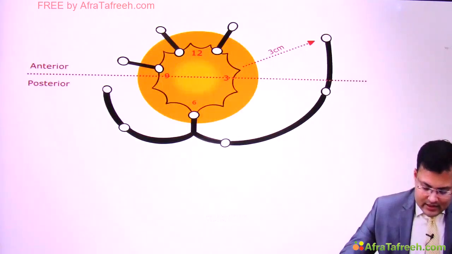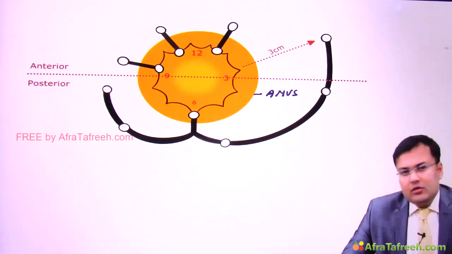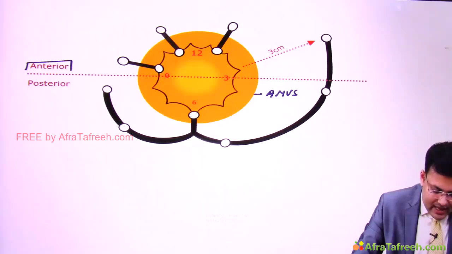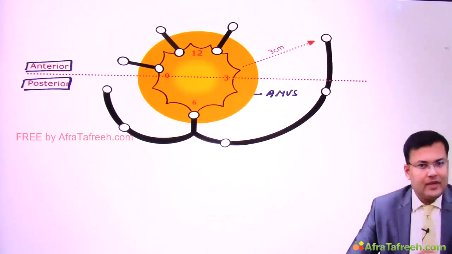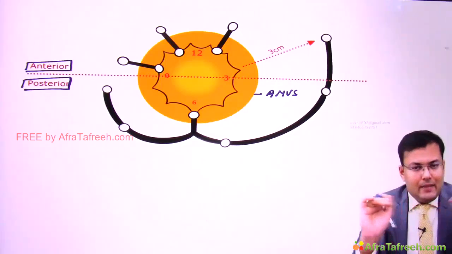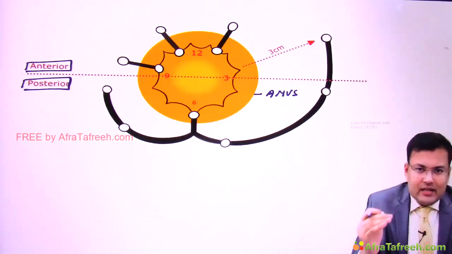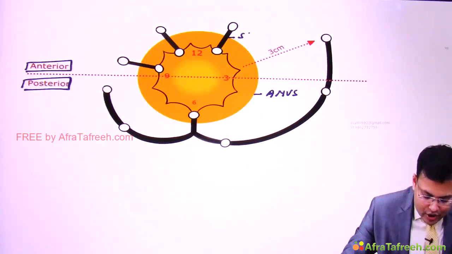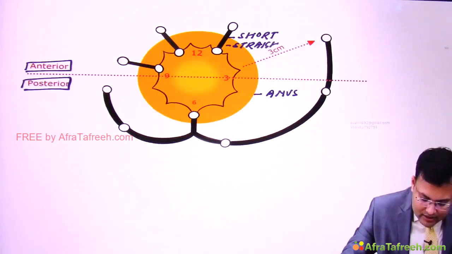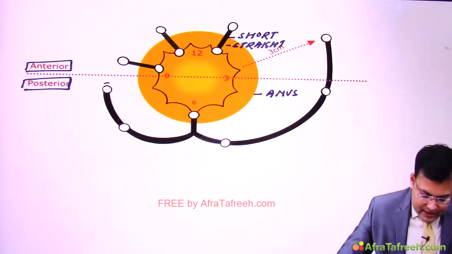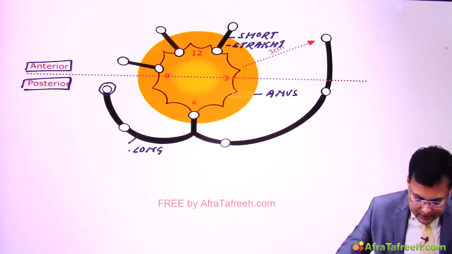Now imagine that this is the anus and I'm going to divide this by an imaginary transverse line. So here you can see this is the anterior part and this is the posterior part. Clear? So anus is divided by an imaginary transverse line. It is said that anteriorly located external openings are joined by short straight tract. Can you see here? Short straight tract, and the posteriorly located external openings are joined by long curved tract.